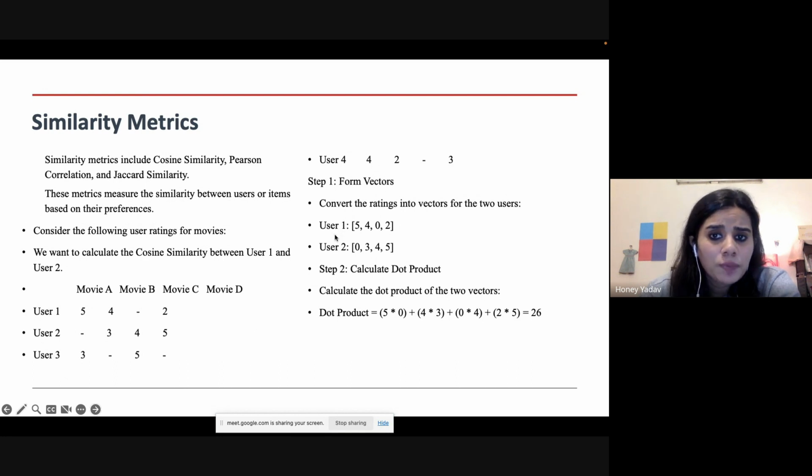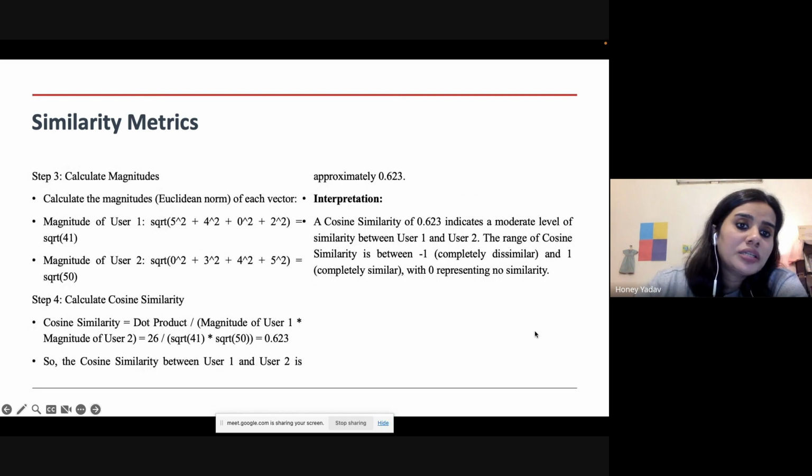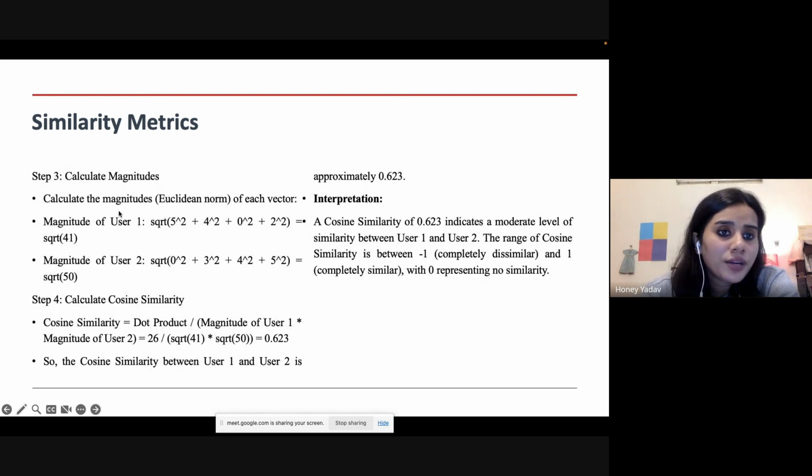So user 1 may be written as 5402, user 2 is 0345. If we perform the dot product of these two users, then we get a dot product value. And similarly, we can calculate the magnitude of the two users. The magnitude of user 1 will come up by this formula, and the magnitude of user 2 will come up with this formula. And if we calculate the cosine similarity by applying the standard formula, it will give us